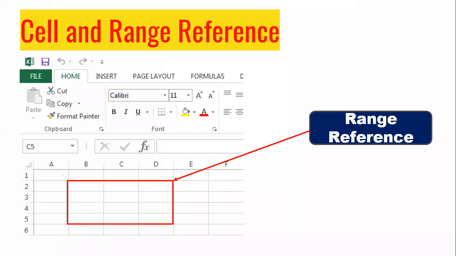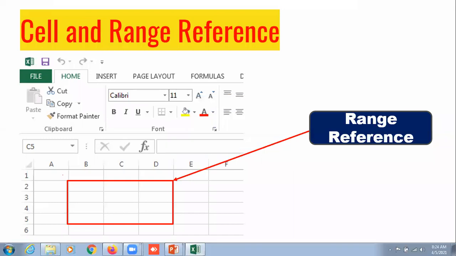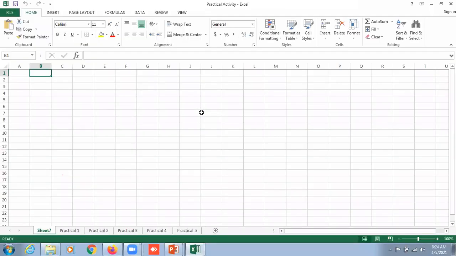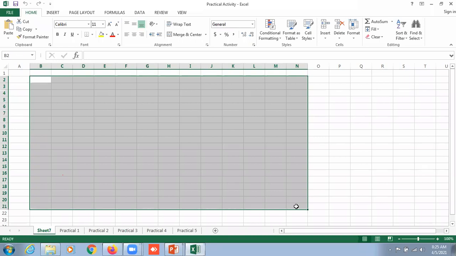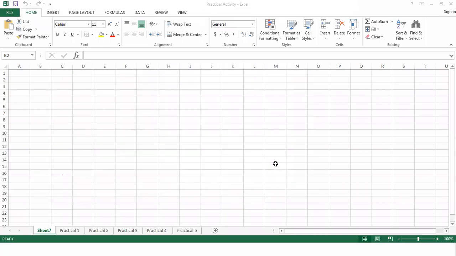Okay, now you are watching the theoretical section, and now we talk about a practical session here. This particular one is a cell, and when we select a group of cells, it is called a range. Mention it, type in the chat box, a group of cells is called a range. Very good, it has come. This is called a range.